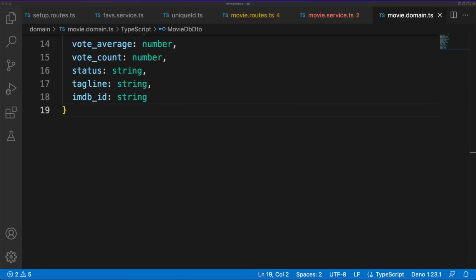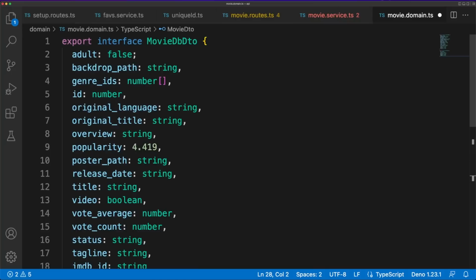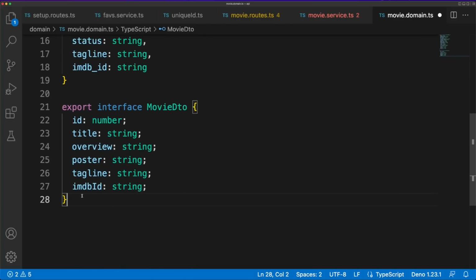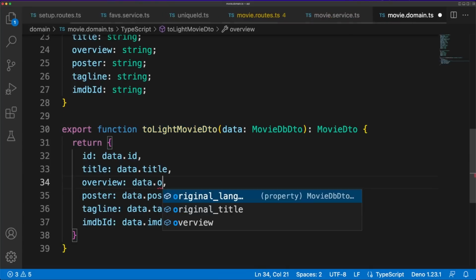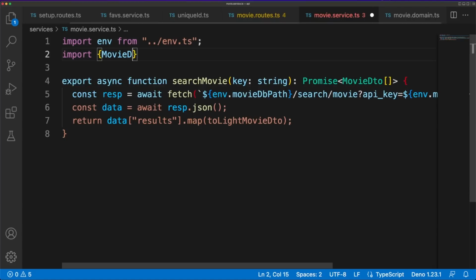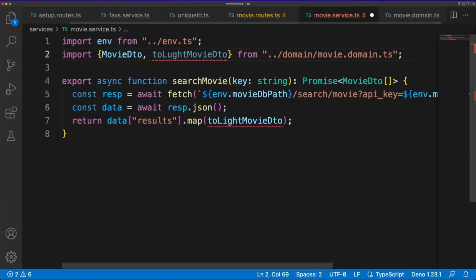API. You can see that this is quite extensive and there is no reason to send all this information over the wire if our frontend will only use a small part of this. There is a very easy solution we can apply here. I'm defining a movie DTO interface and then I'm mapping the raw data to objects following the movie DTO structure. I'll quickly fix the import in the movie service file and now we can call this method in our route